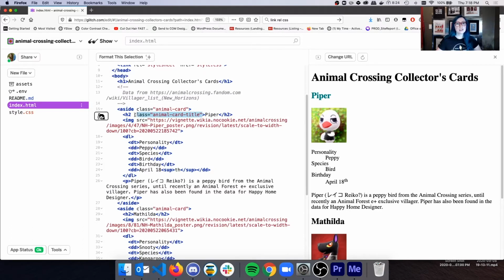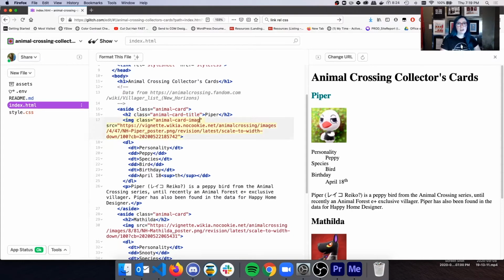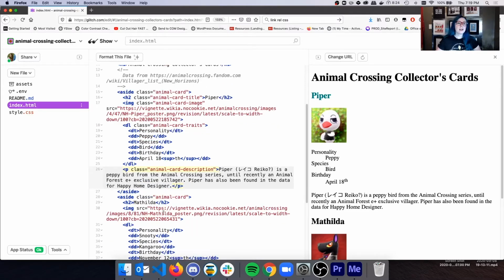From there, you might think of similar naming, such as for our image, animal-card-image, right? From here, this might be animal-card-traits. And you're just going to code down and maybe even do like animal-card-description. It's as easy as that. And now you can see that I've quickly come up with a list of all the CSS classes that are easy for me to repeat throughout this. So all I have to do is take the same pattern and apply it down to my aside here. Let's take a look at that.